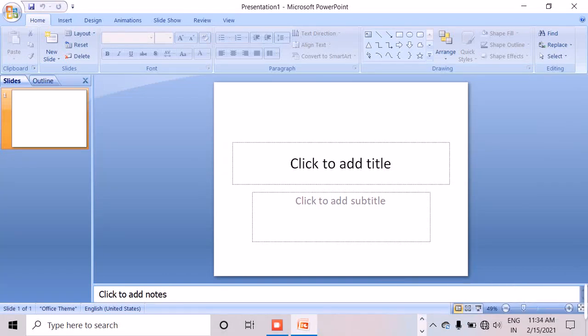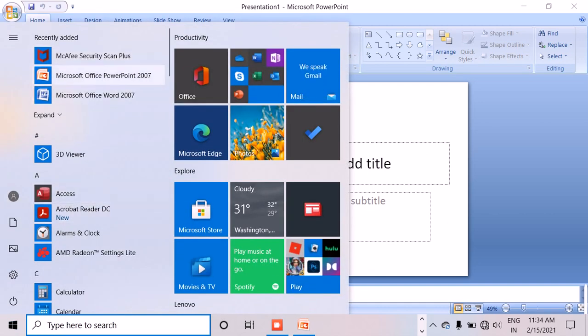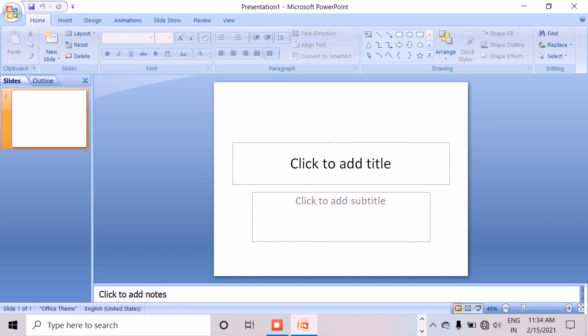As usual, we are going to open the PowerPoint presentation by going to the Start button and to All Programs. On that we have Microsoft PowerPoint. If you click over that, the PowerPoint presentation window will open. In today's session, we are going to see how to insert a text and a picture in a slideshow.